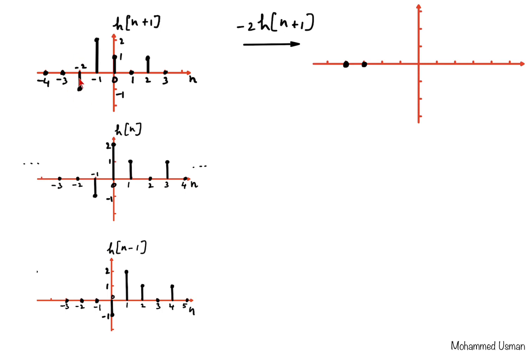And when n equal to minus 2, the value here is minus 1. So this minus 1 gets multiplied with minus 2. So minus 1 into minus 2 will become plus 2. So we will have it in the positive direction now. So this will be in the positive direction, like this, with a height of 2. So if I can call this as 2,